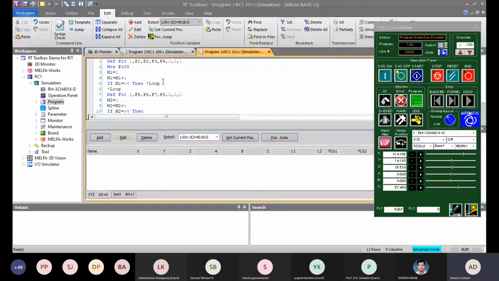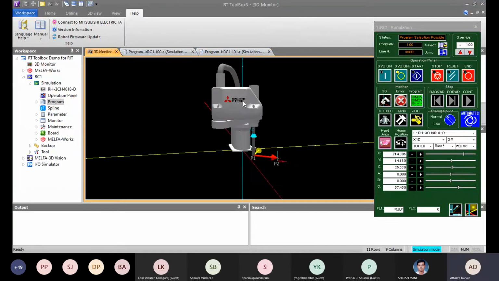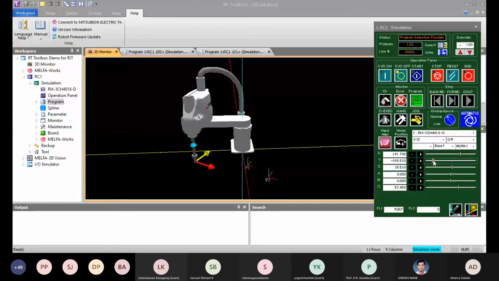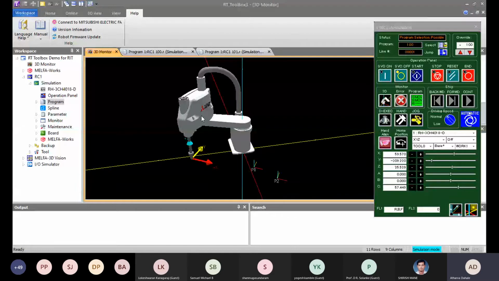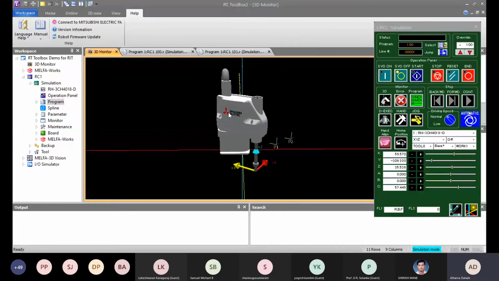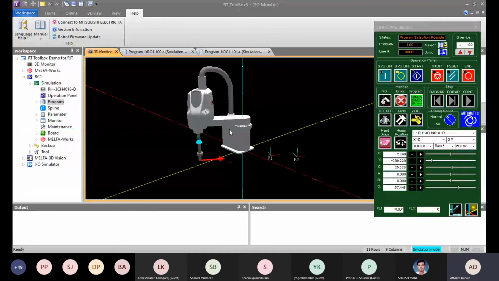So now we have to add all the points. So firstly, P1. So I'll say this is my P1 point.